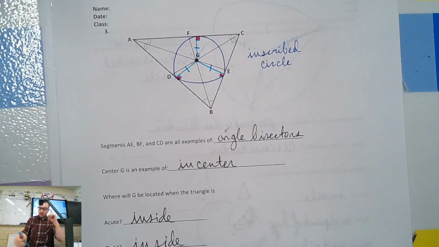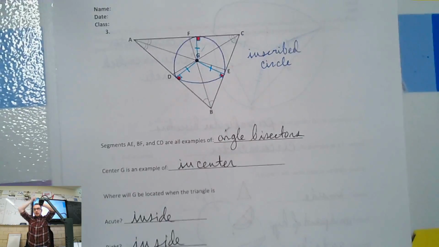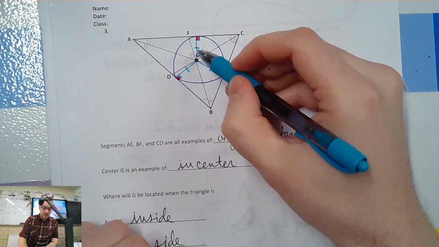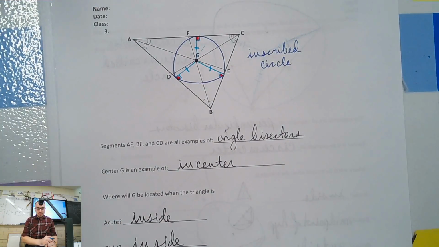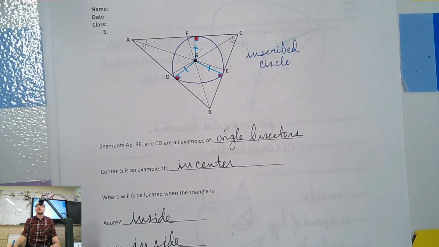Now, when we measure from here to the outside, the sides, right, we always measure at a 90-degree angle, right? We don't measure to the side like this. That'd be weird, right? From me to the ceiling, I'd measure straight up. So when I measure out to those sides, I get 90 degree, and it'll be the same distance to all sides. Now, will that center ever be outside the triangle? No, because the circle's inside, so it's got to be inside always, right?